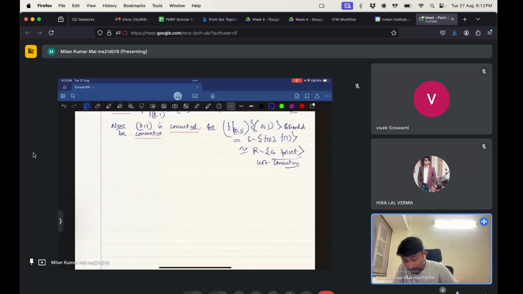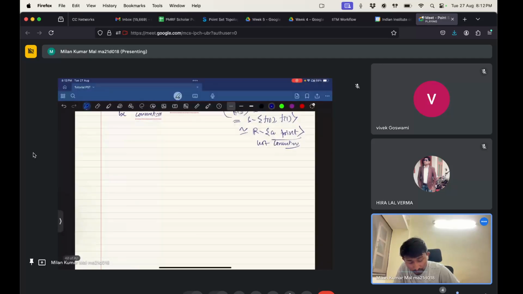Now problem number 10, I will also not copy the question. What is that? If X and Y are path connected,